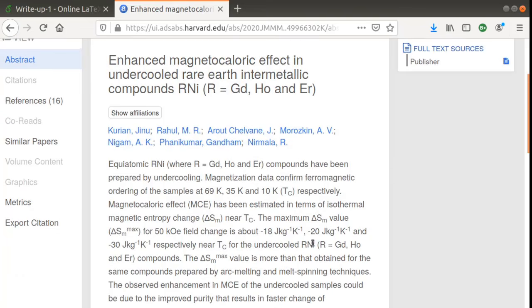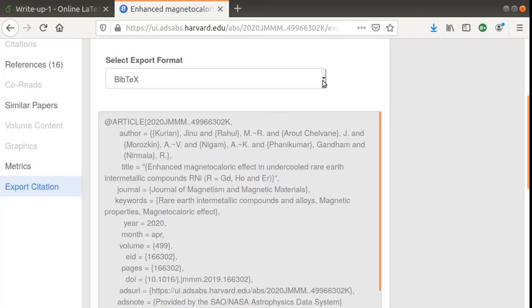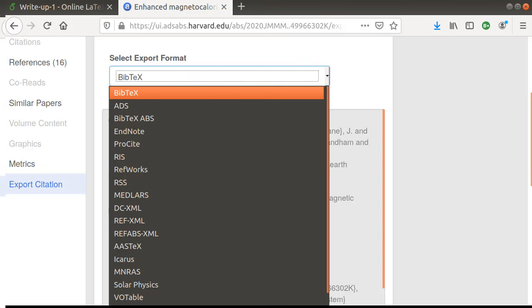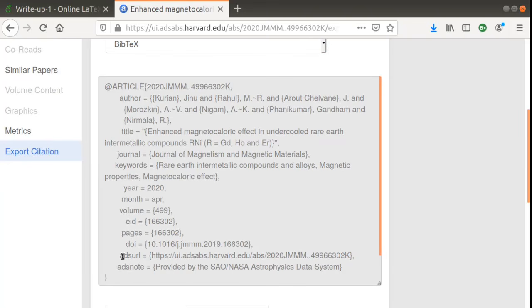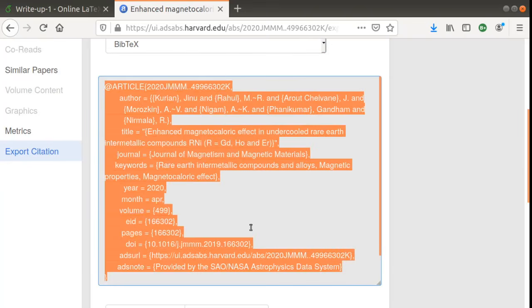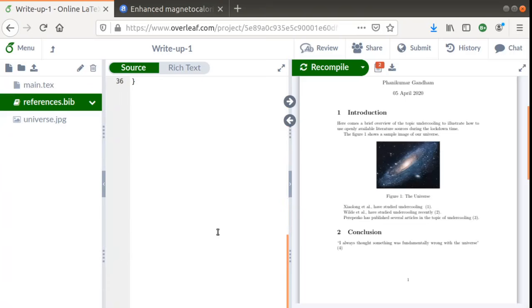And let us say this article is something that is useful for you and you want to talk about it, then you can pick up the citation information of this article by clicking the link Export Citation on the left side. Click on that, and it can provide the information in a large number of formats, and our favorite one is BibTeX, so we would pick that BibTeX format here, and you can just copy and paste. I just copy, then paste that information in the references file at the bottom.